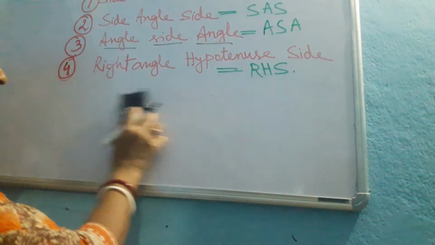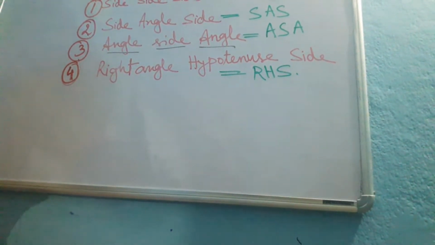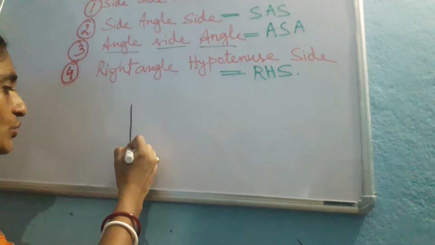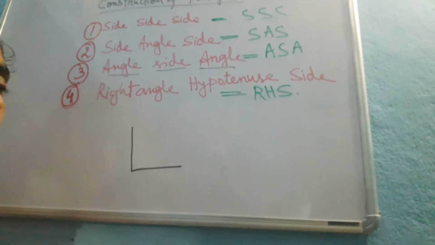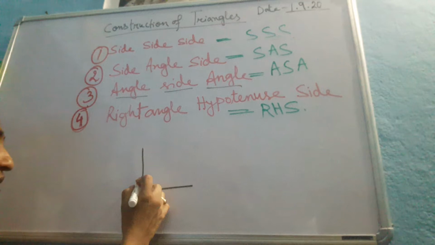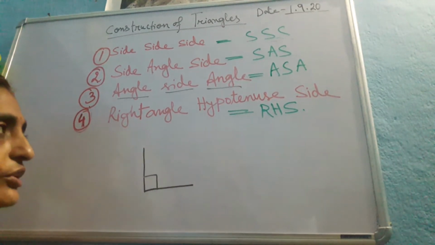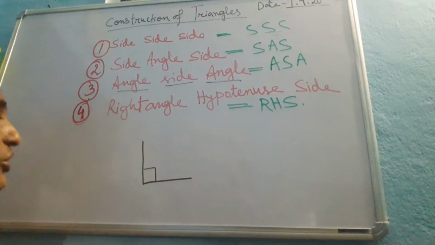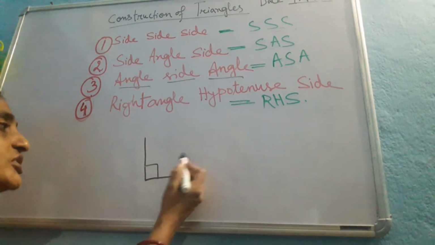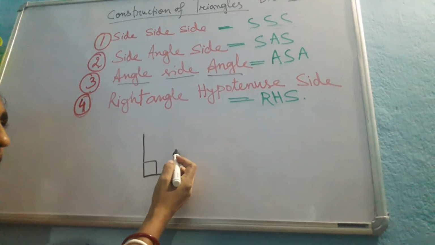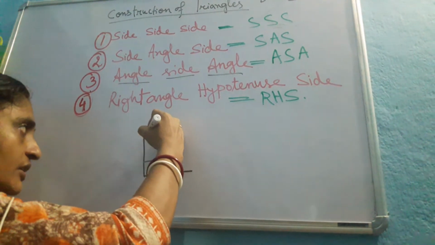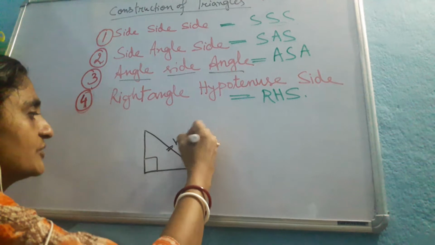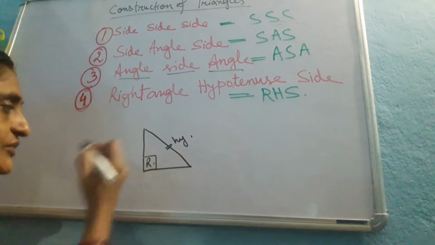What is it? It is right angle, hypotenuse, and side. So for that, what you are expecting? First, right angle, you know. You need not give the measure, because you know it must be 90 degree. You can draw a 90 degree angle. Now, the length of the hypotenuse has been given. What do you mean by the hypotenuse? The opposite side or the largest side of a right angle triangle. That is, this one is the hypotenuse. So this is the hypotenuse, it has been given. This is the right angle, it has been given.